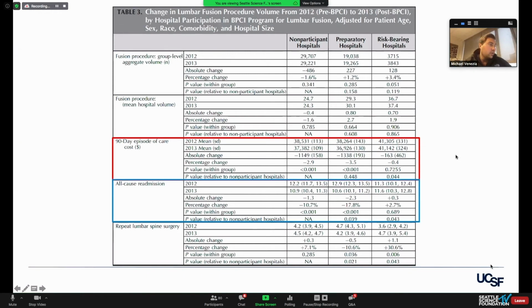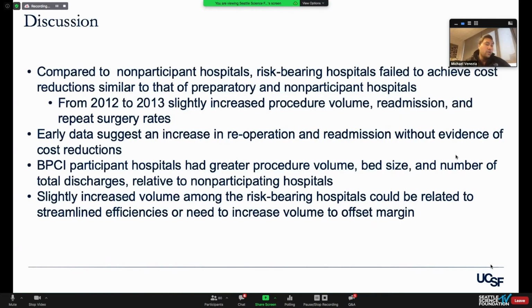Things they also looked at was all-cause readmission, and even after adjusting for age, sex, race, comorbidities, and hospital size, repeat spine surgery and all-cause readmission rates did increase from 2012 to 2013 among the risk-bearing hospitals comparatively. They found no difference between rates of device complications, wound problems, or life-threatening complications between the three different